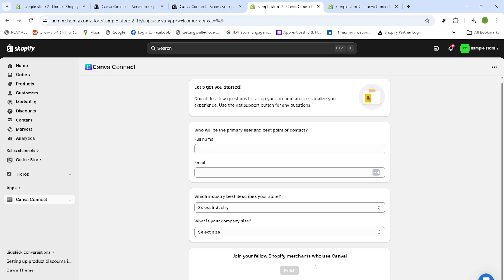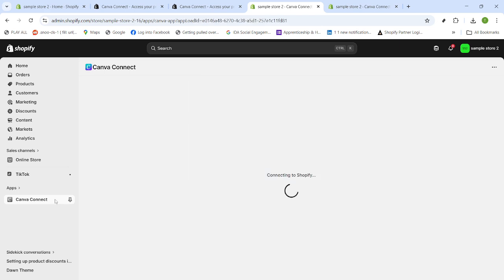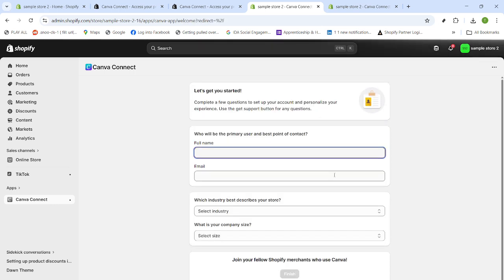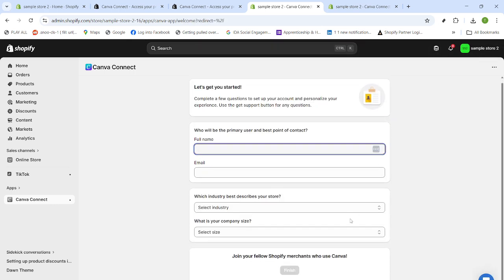That completes the connection. From here, you can open Canva Connect inside Shopify anytime from the app's menu. If you don't see the app immediately, double-check the spelling in the search, and make sure you're in the correct store if you manage multiple storefronts. You're all set. With Canva Connect installed and configured, you can create polished visuals and